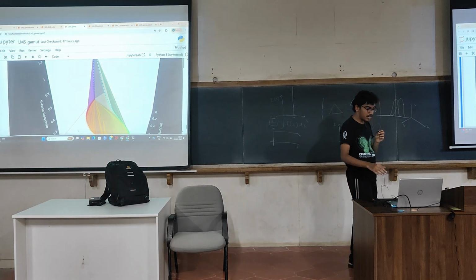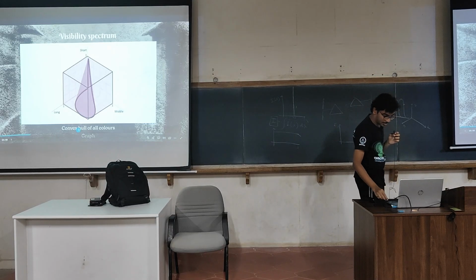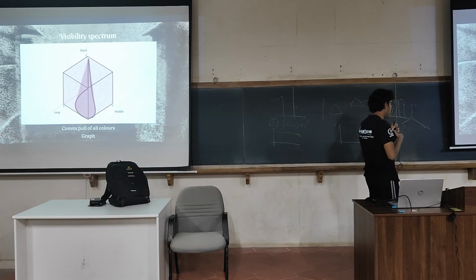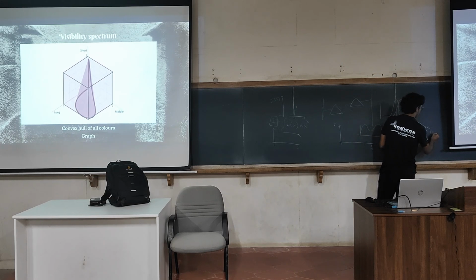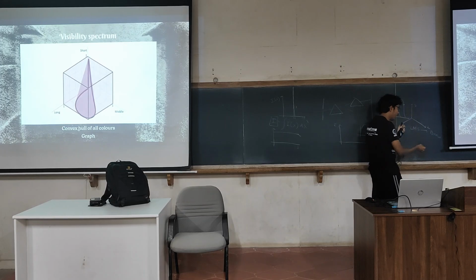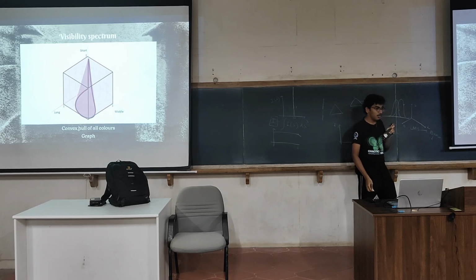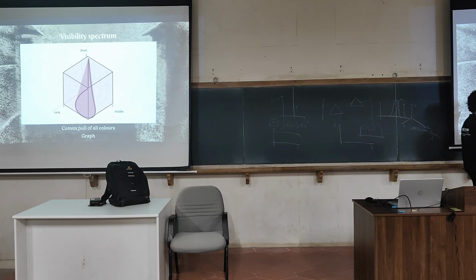So this leads to a fundamental problem. What is the problem is that everything the eyes do is to send the LMS input to the brain. Now the brain will allocate colors based on the LMS value. The brain can allocate colors for all possible LMS values inside this cube, but the eyes are designed such that we can take inputs only in this region. So what happens if I provide a stimulated input in this region? I am controlling my cones such that I am providing an input in this region. What would I see?